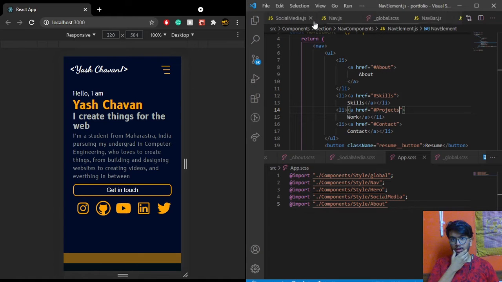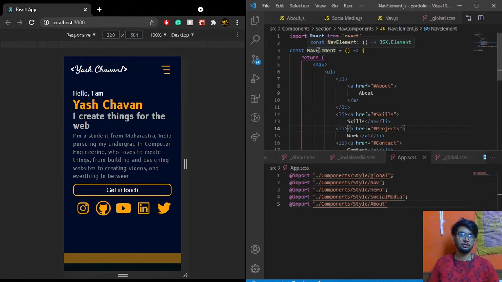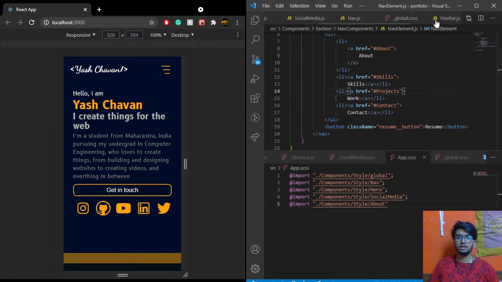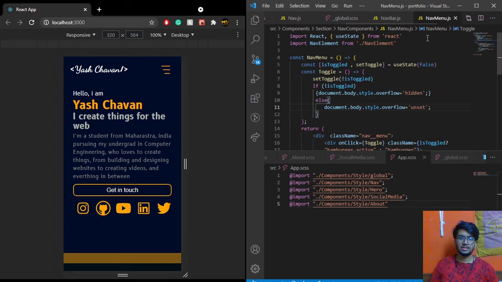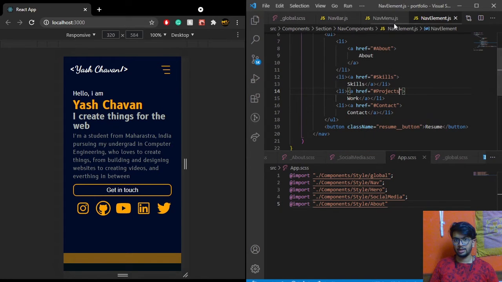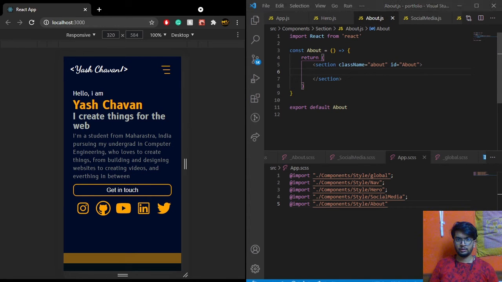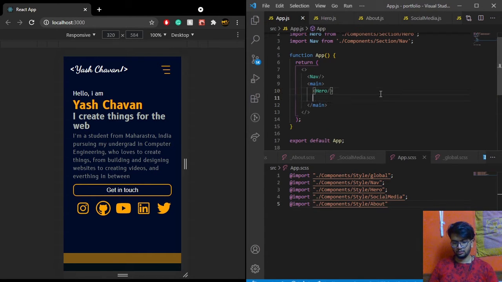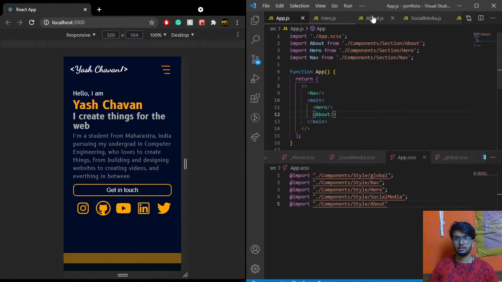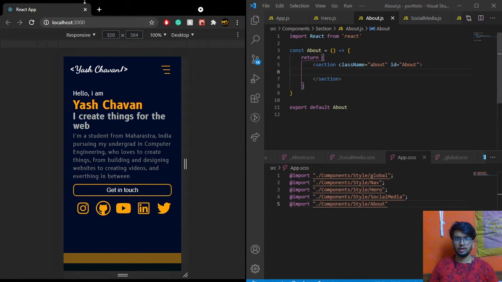The good thing about using a component for all of this is I don't have to go to navbar and nav menu and change the same things again and again. I can just do it in one place and they're going to be used everywhere. So now if I come over here, we haven't added it there yet, so let's just add about first of all. Why is it not getting auto imported? Yeah, thank you. And now if we refresh this